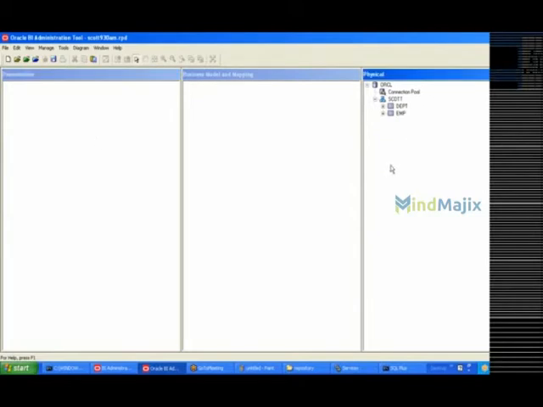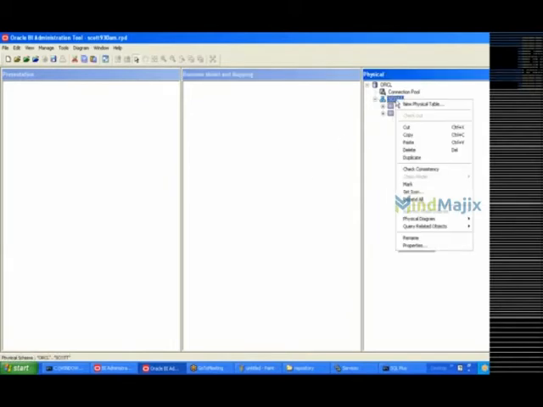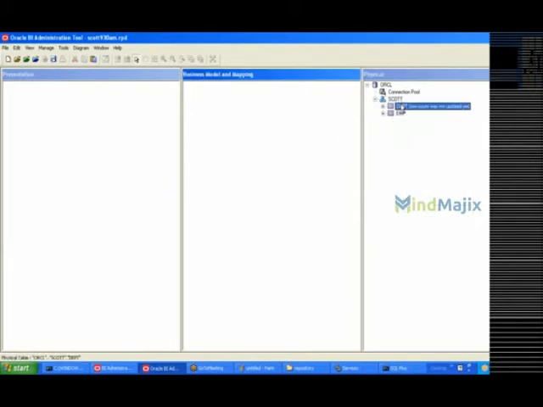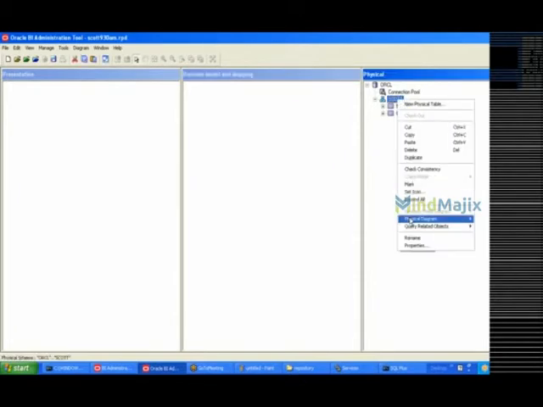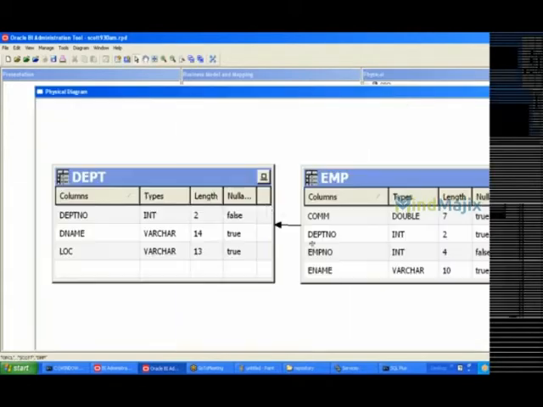The physical layer is used to import the metadata. For that, right-click on the schema name, or else you can select the tables from which you want to see the relationship. Either way it works the same. Here select physical diagram, and there select objects and all joins. Here we are able to see an arrow-like thing. This is nothing but the join icon.